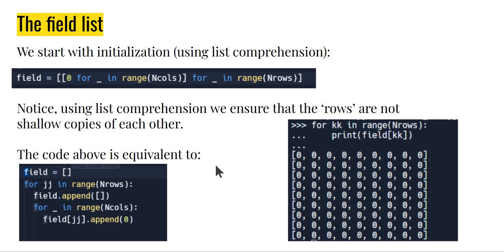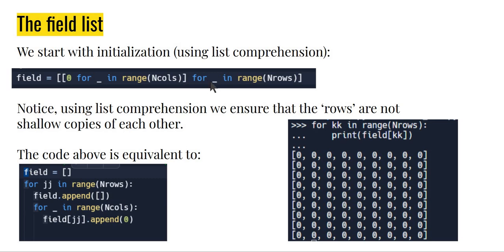computation going forward. Remember, when we create a two-dimensional list or a list of lists, we have to be careful that we do not create shallow copies of a single row or a single column, because we want to make sure that every item is uniquely addressable. We discussed this in detail when we looked at shallow copy during the Connect 4 project. One method to ensure this is to use list comprehension, something like this. So I'm going to create, in an inner loop, 0 for underscore in range ncols,